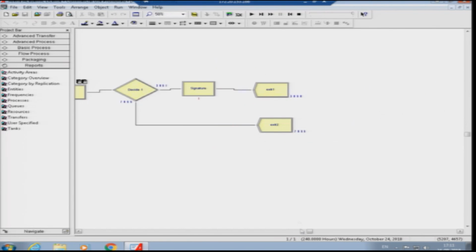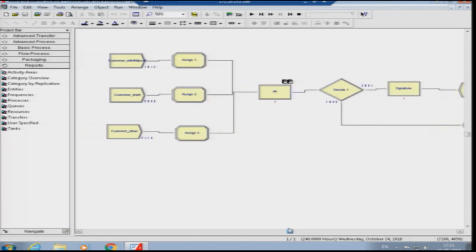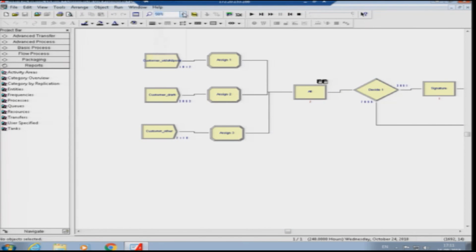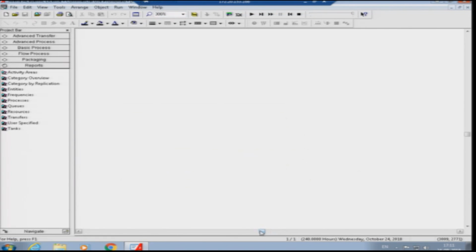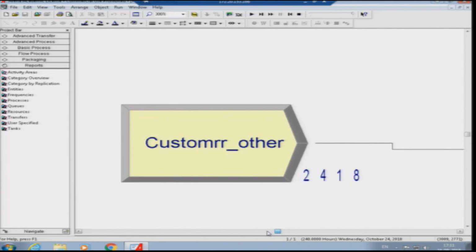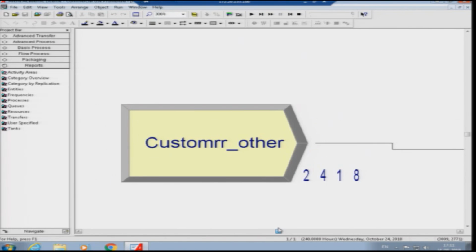Now, if you closely see these values, I am not sure whether it is visible to you or not. I am just trying to increase it so that it gets a little more visibility.